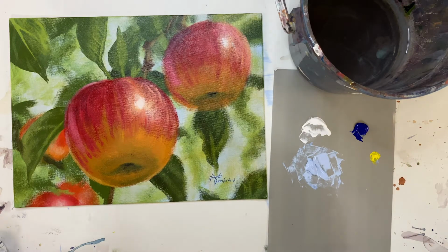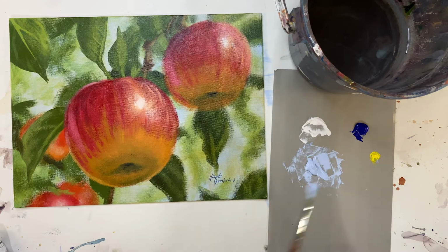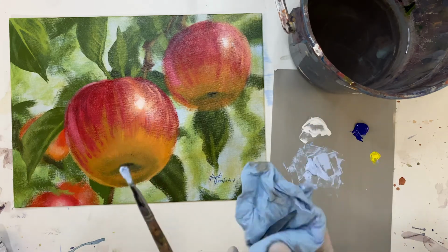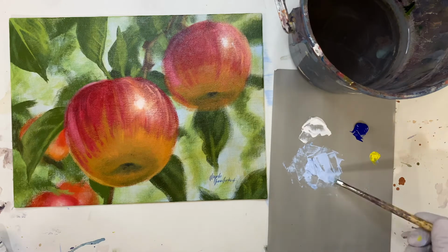I'm gonna take my brush and just kind of wipe off, salvaging as much as I can from that palette knife. I'm just going to make sure I clean off that palette knife so it remains nice and clean and fresh for next use. Put it away. So now what I'm going to do is I'm going to go to my blue